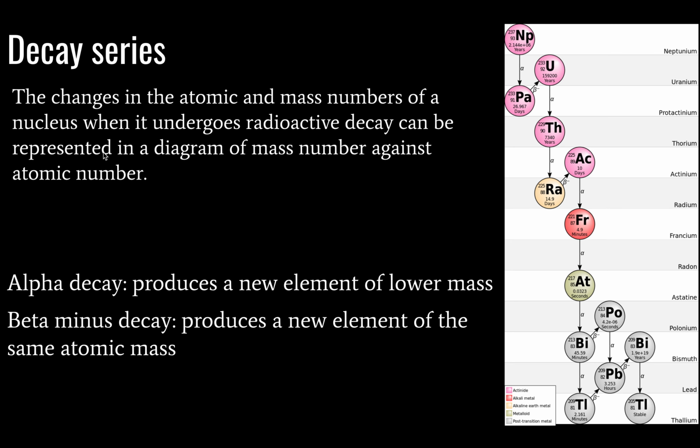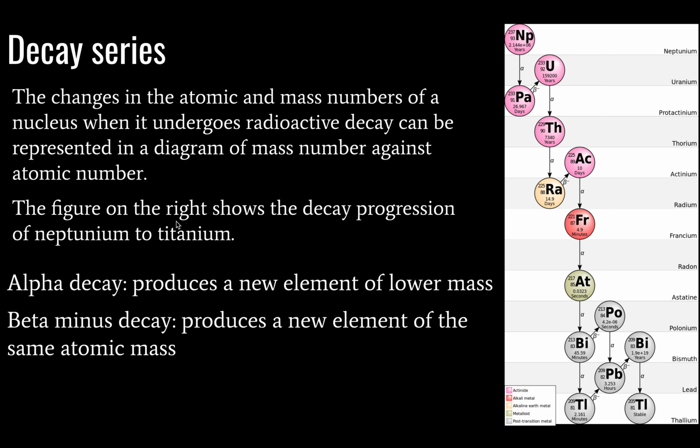Anyway, let's look at what is called a decay series. This refers to the changes in atomic and mass numbers of a nucleus when it undergoes radioactive decay. We keep getting more decays until we get a stable nucleus. In this particular example, we have neptunium decaying into,